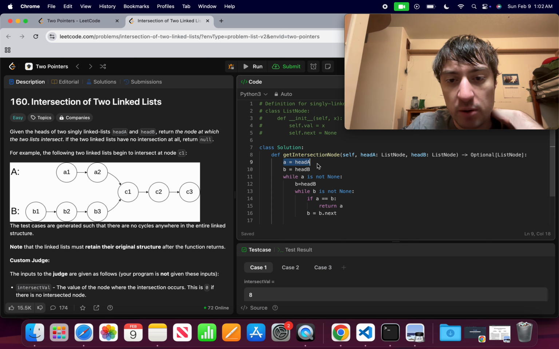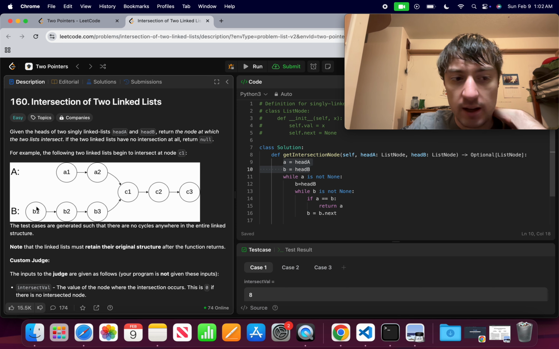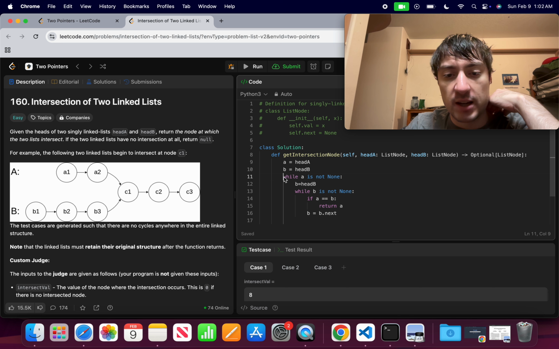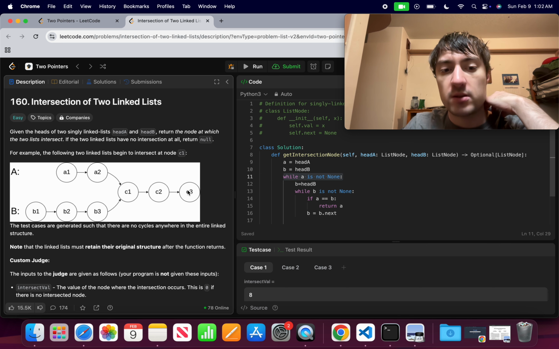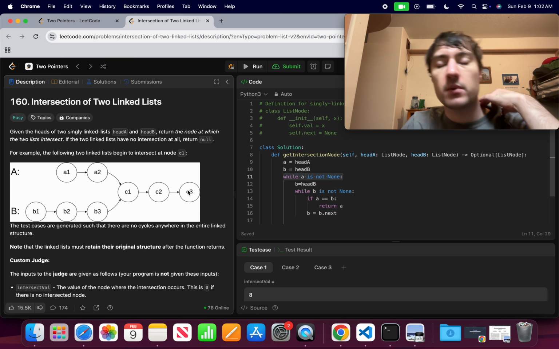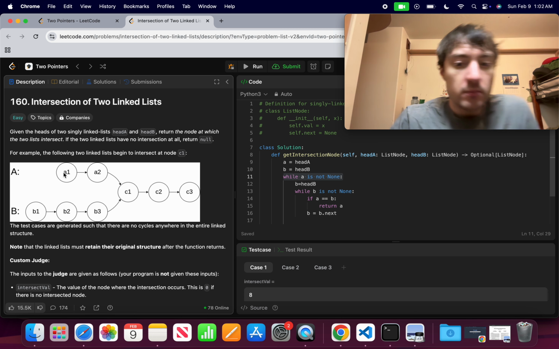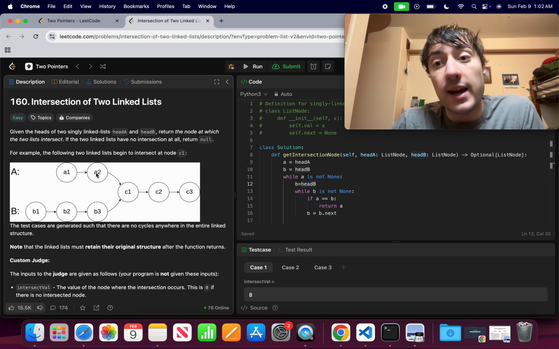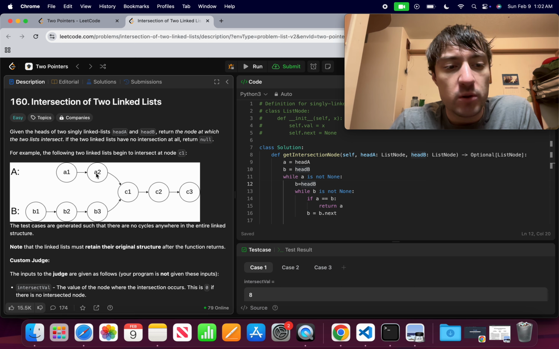So I'm first setting both of them equal to their respective heads. So A1 and B1. Okay. Then I'm going to come here and I'm going to keep going until I visit each of these. Okay. Then what I'm going to do is each time that I visit one of these A nodes,